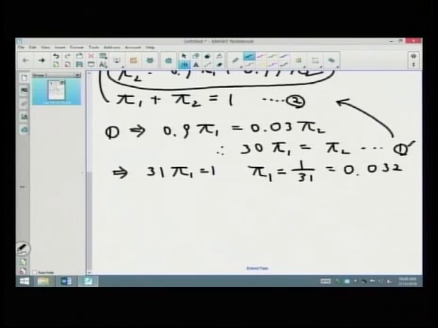Thank you. So pi 2 is very easy. It's 30 over 31, right? It's going to be 0.968, right? Something like that. Okay. Now,